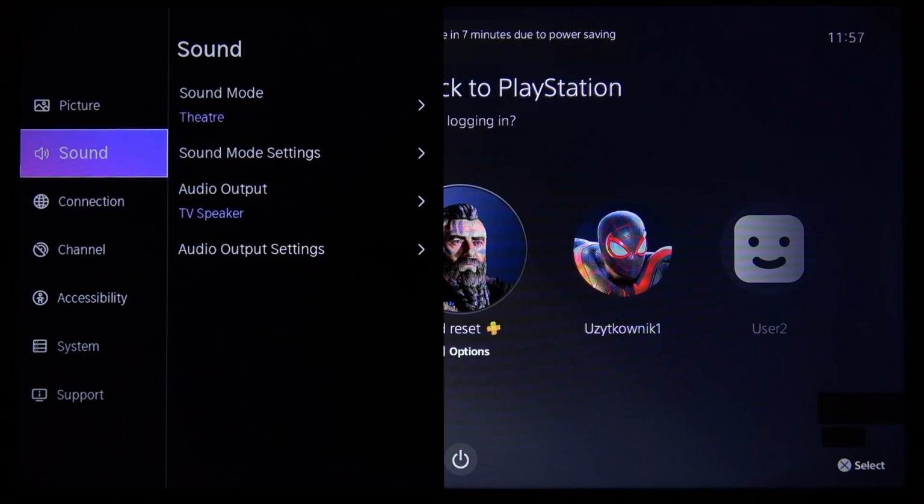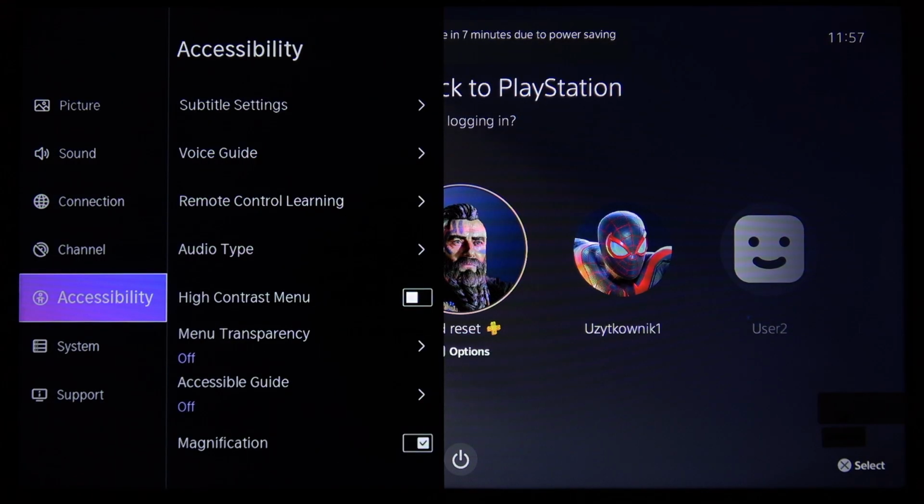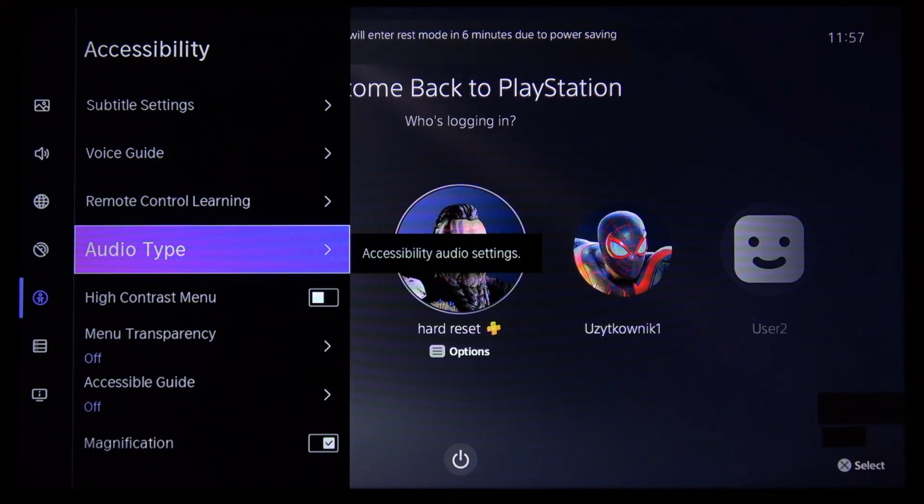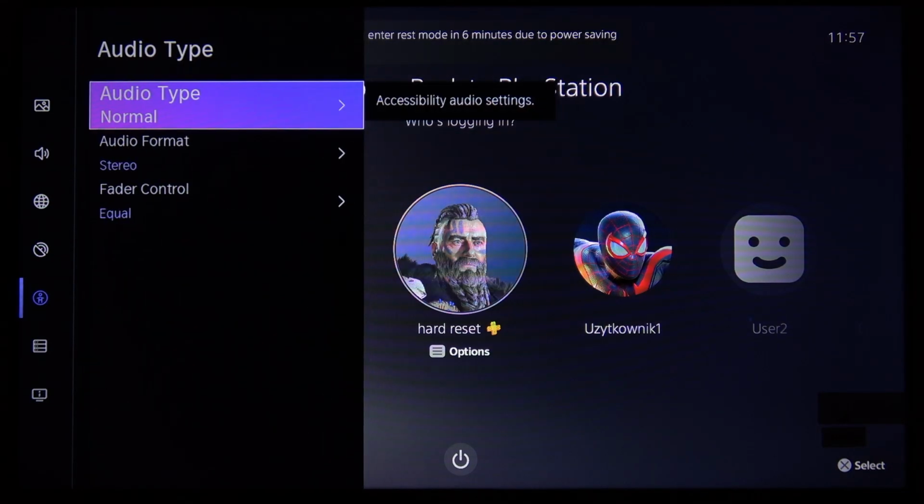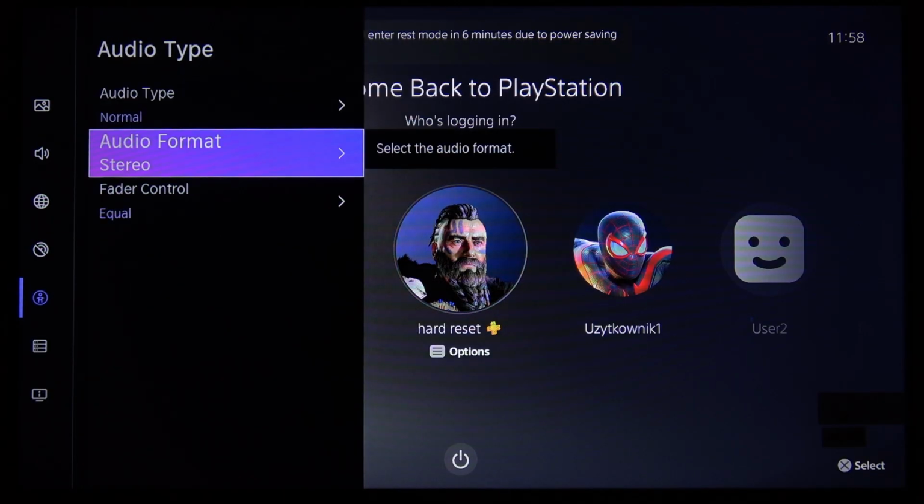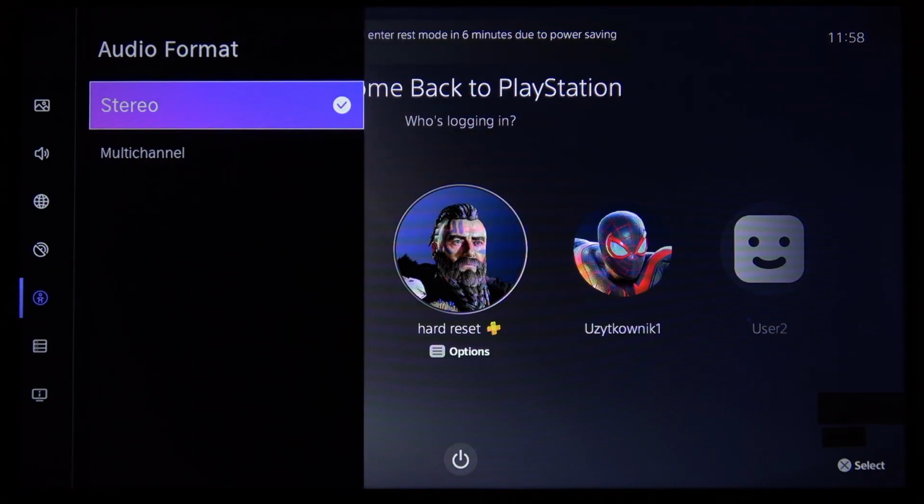Now, if the problem still persists on your TV, then instead of sound settings, let's navigate down to accessibility, and in accessibility, let's select audio type. Now in audio type, we can do much, but in audio format, make sure that you either have the stereo option selected,